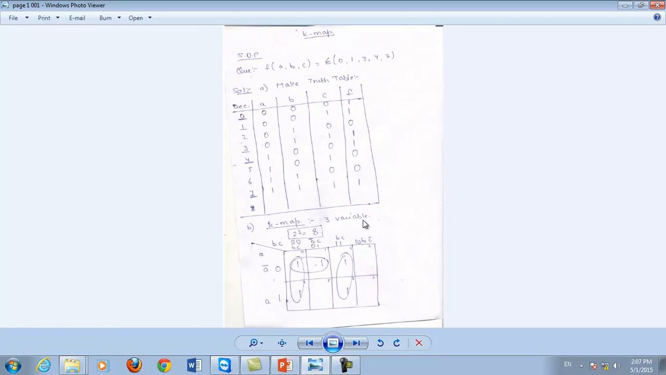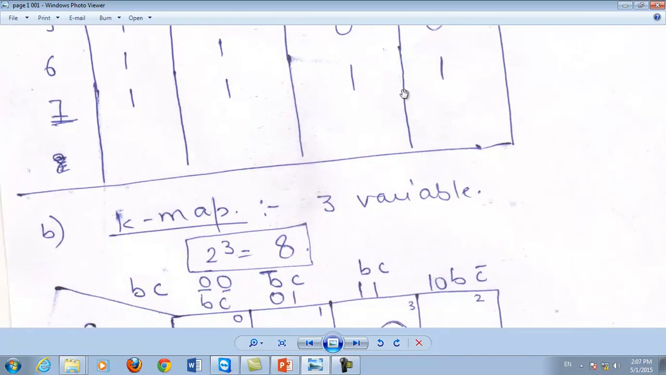But making this truth table is not a compulsory part of the K-map. It is an optional part. You can make the truth table or you can skip the truth table. You can directly create a K-map. Now,